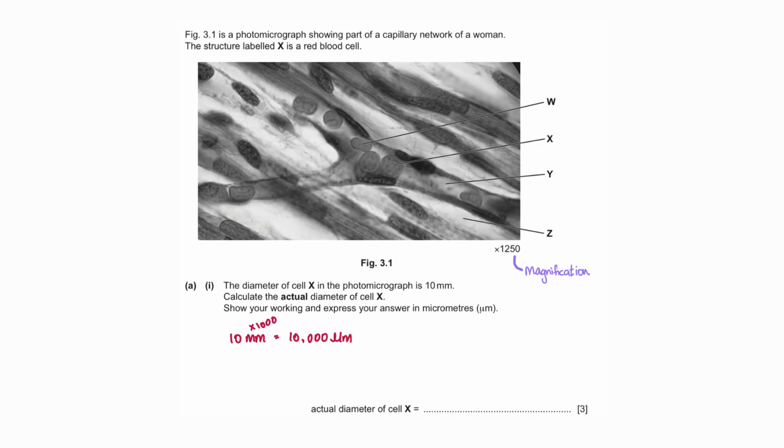Now the next step should be to recall the formula. So even though the formula went something like magnification is equal to image size upon object size, over here you notice that we have the magnification and we have the image size. So if we rearrange this formula, we'll realize that we have to be dividing the image by the magnification in order to get the actual size. Now always remember to show the formula and your working because that stuff carries marks. Notice how it says 3 marks there? Those 3 marks aren't just for you to write an answer. It's for you to actually show the steps that you understood how you got to this answer. And finally, do not forget the units in your answer, guys. This one's very easily missed out.